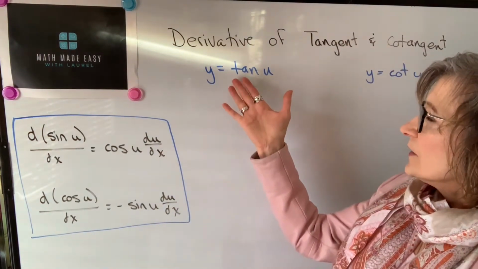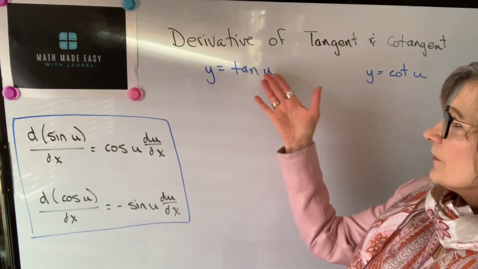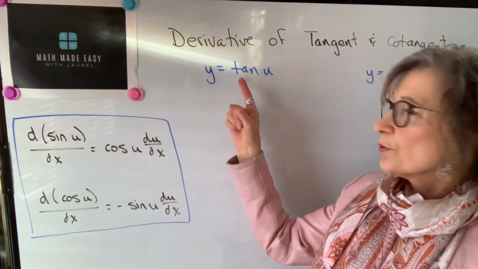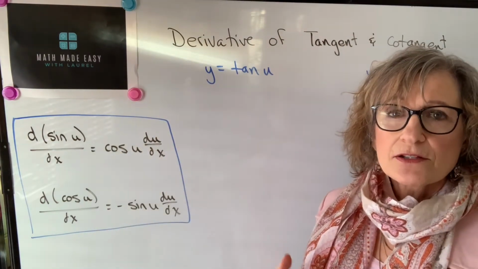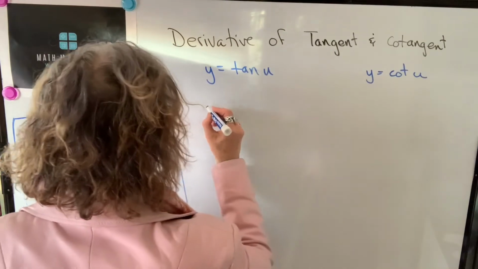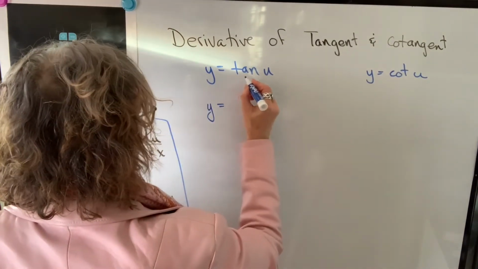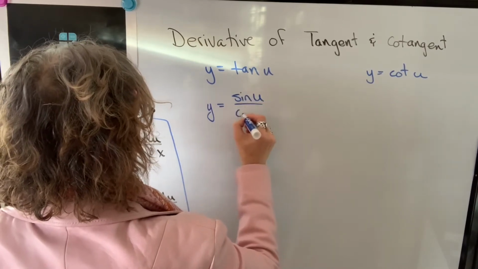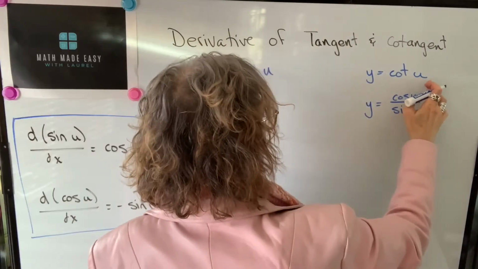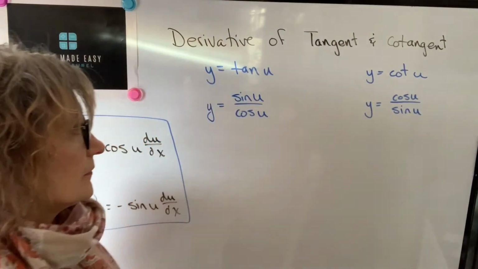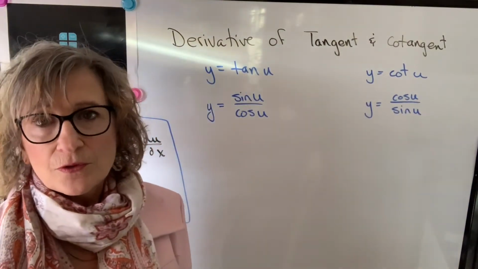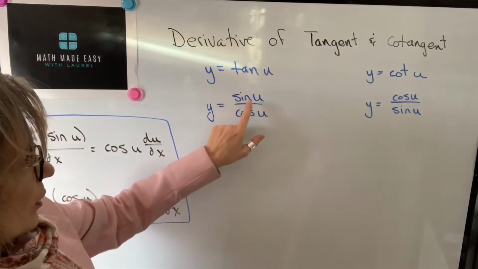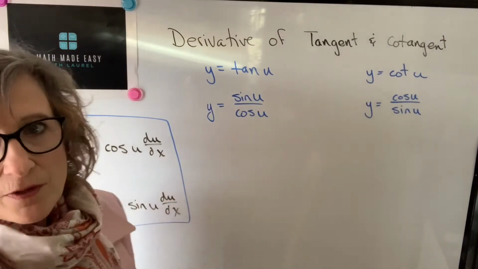So in this video, we could find the derivative of tangent of u and cotangent of u by writing both those functions in terms of sine and cos, because our basic identities tell us that tan of u is equivalent to sine of u divided by cos of u. And similarly, cotangent can be expressed as the ratio of cos of u over sine of u. Because we know how to differentiate quotients and we know how to differentiate sine functions and cos functions, I can